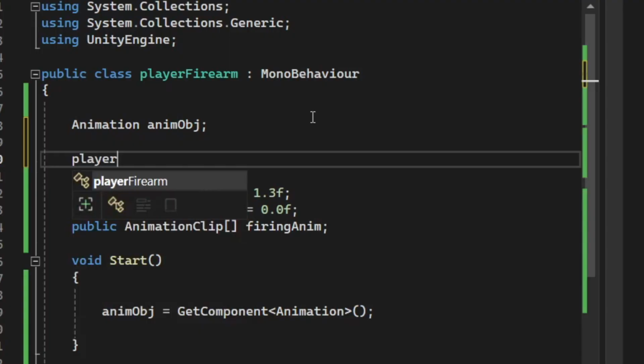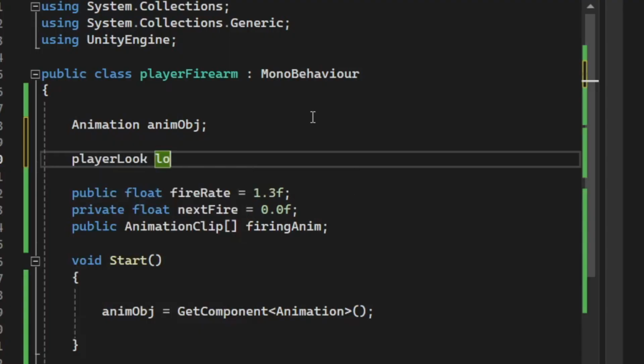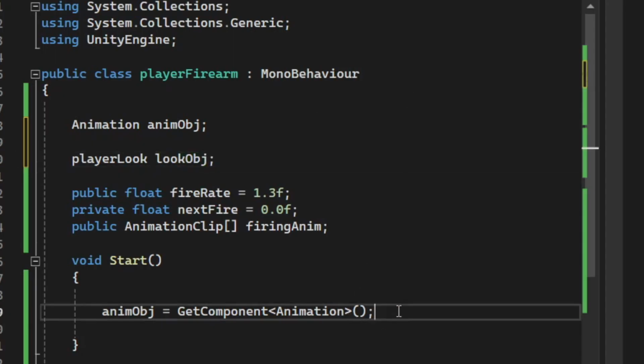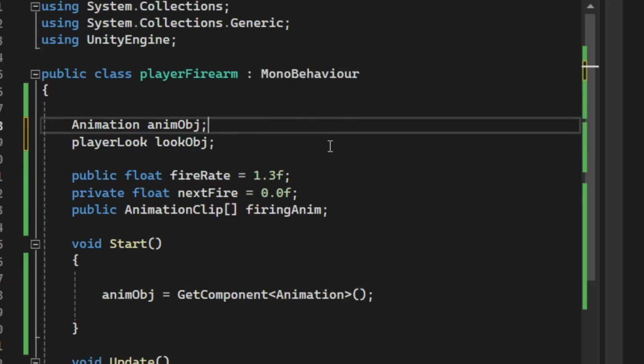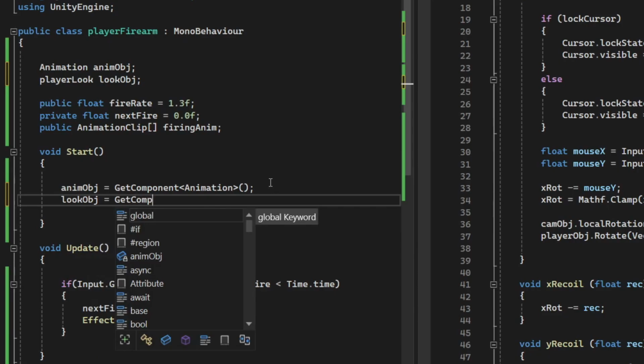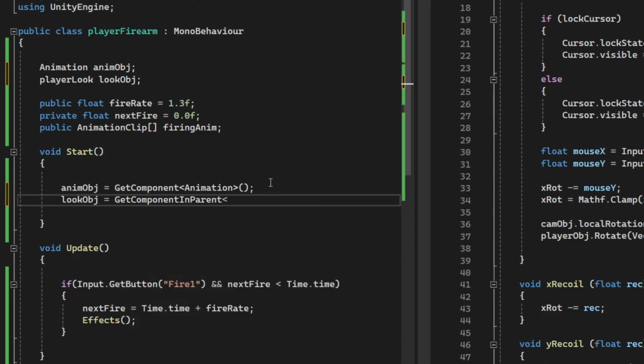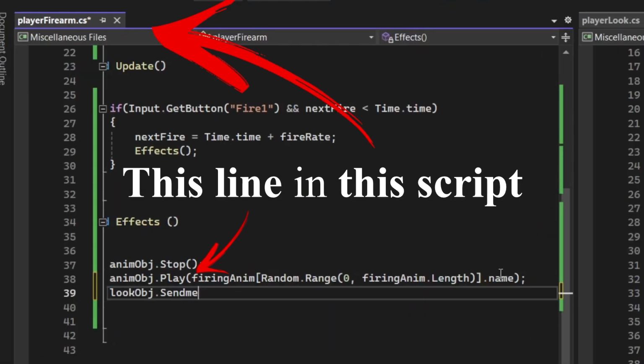At this point, we're going to start doing the recoil. So I get a direct reference to my player look script, which is basically where the mouse is controlled, or the camera angle is controlled by the mouse. And instead of doing a get component, I do a get component in parent, because the parent is the one that has the mouse look script, not the weapon object itself. And now every time the effects pass is called, I'm just writing a line directly to that script called X